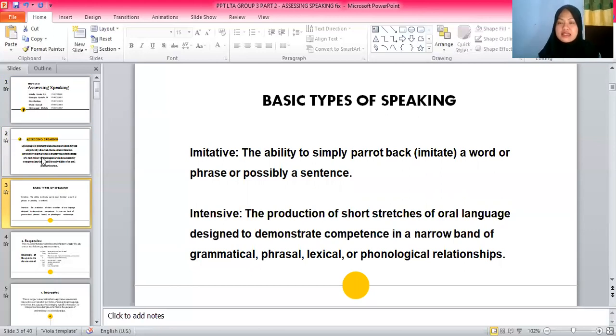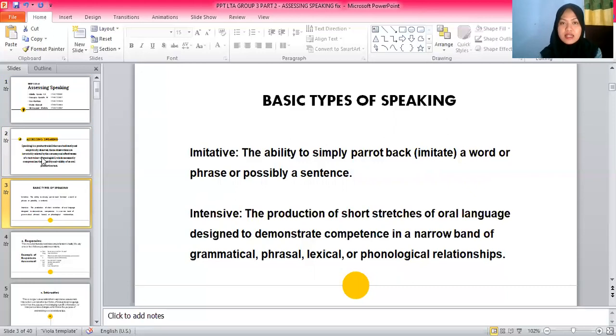While this is a purely phonetic level of oral production, a number of prosodic, lexical, and also grammatical properties of language may be included in the criterion performance. It is interested only in what is traditionally labeled pronunciation. No inferences are made about the test taker's ability to understand or convey meaning or to participate in an interactive conversation.